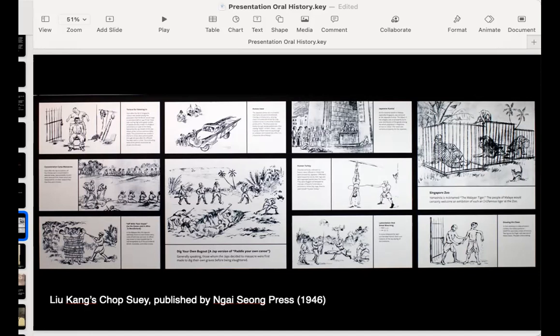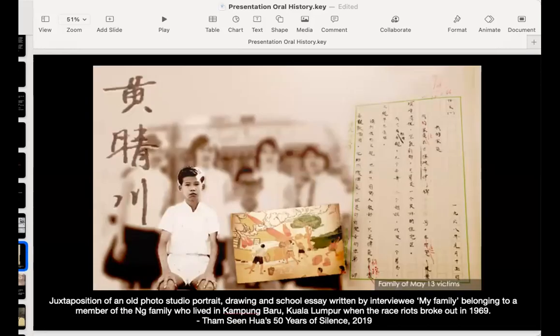Right? I'm going to talk more specifically about another project, which is the use of visual symbols in Tam Si Hwa's 50 Years of Silence, a documentary released last year on the May 13 riot. It documents this Ng family that lived in Kampong Baru when the race riot broke out in 1969,